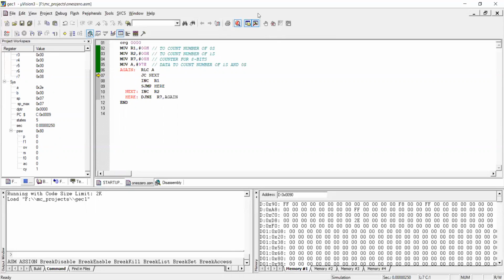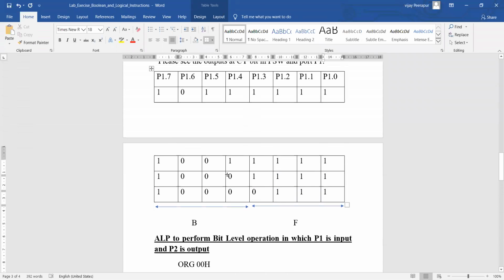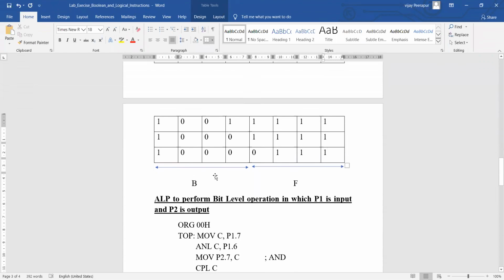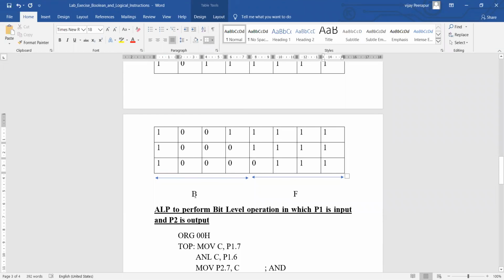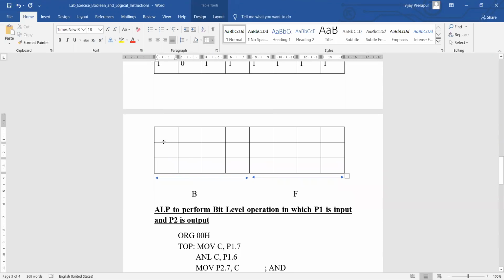Just if you need an understanding of this one, what we can do is we can have it here. Now what we have is 1 0 0.